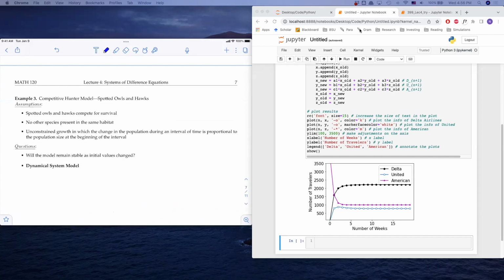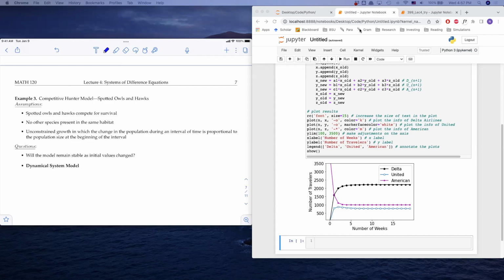There are two populations that we're going to consider. The first one is the spotted owl, and the second population is hawks, right? So we're going to make some assumptions: spotted owls and hawks compete for survival, and no other species are present in the same habitat. Even though it's not really that realistic, because in certain environments there will be multiple species in the area of habitat, for now we just assume that there are just two populations, spotted owls and hawks, and they compete for survival. Also, the third